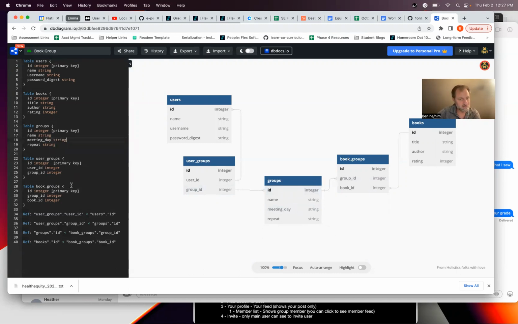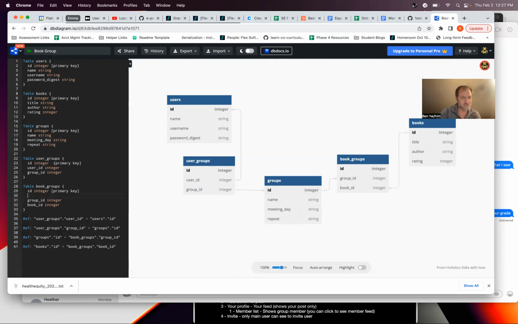And then the book groups can have a submittable attribute of a start date, which would be date. And then that fulfills the requirement that I have this